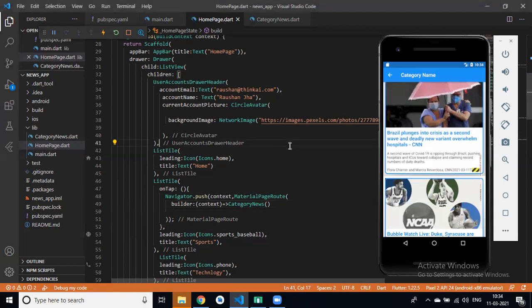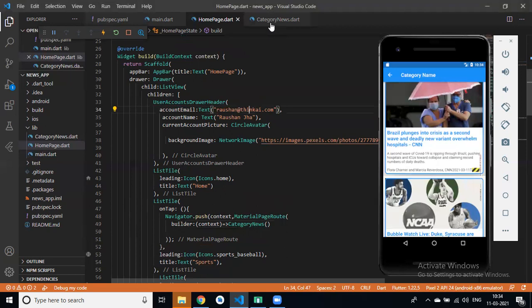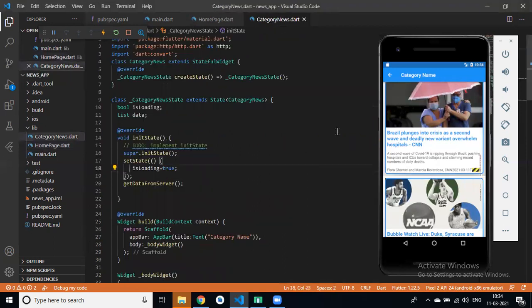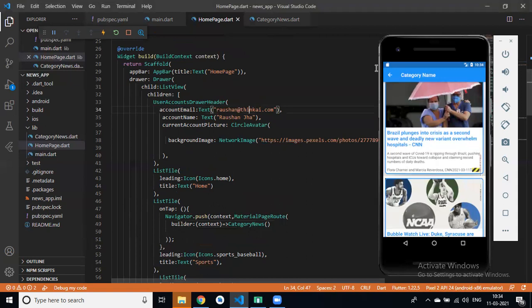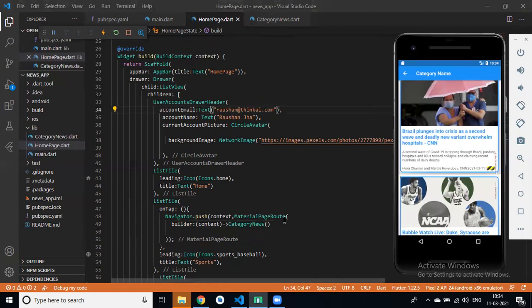So we can create multiple pages for all the categories, like sports news and technology news, or we can create a dynamic page, where on category news everything is dynamic, like category name and content. With the help of MaterialPageRoute we can pass data.